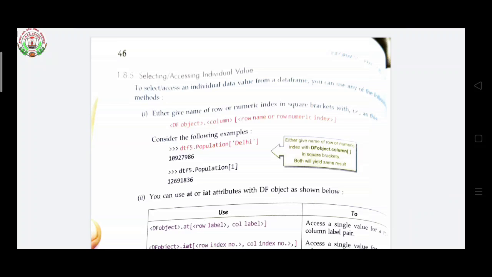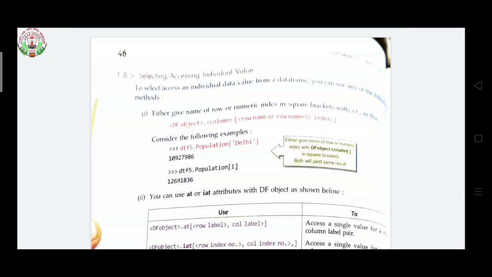So here, df object dot column inside square bracket, row name or row numeric index. So how will you write it? dtf dot population inside square bracket Delhi. So you got the Delhi value.